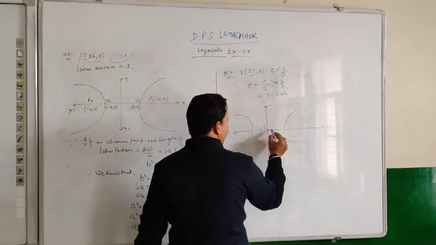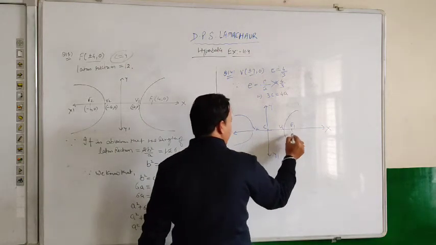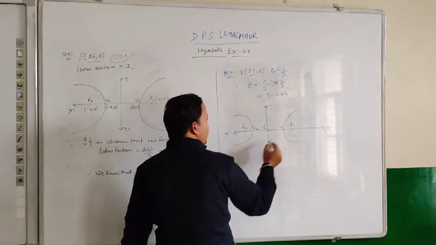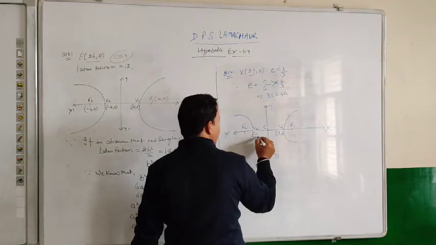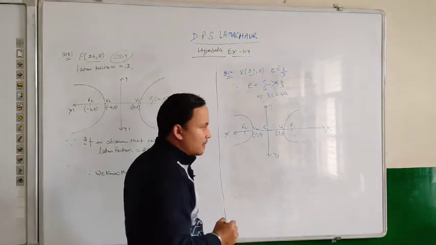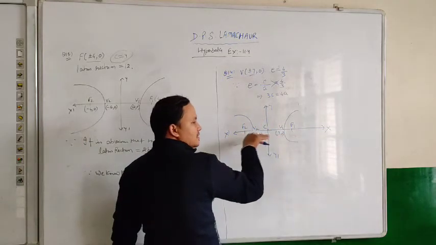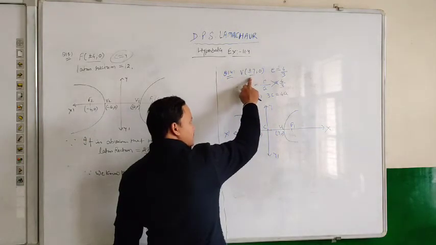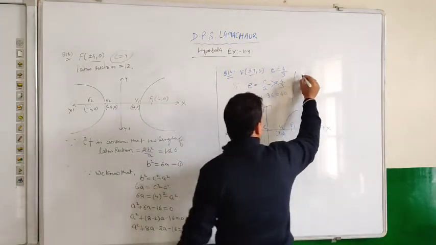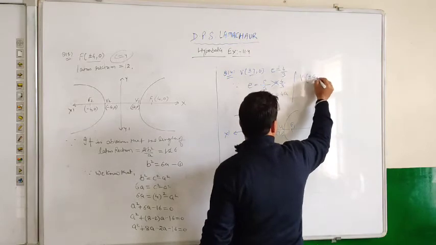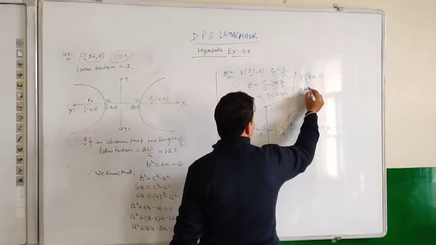This is the center, this is vertex v1 and this is vertex v2. This is focus f1 and this is focus f2. The coordinates of v1 and v2 are 7 comma 0 and minus 7 comma 0, and the coordinate of the focus we have to find. Since the transversal axis is along the x axis because the y coordinate has been given as 0, on comparing, vertices are basically plus minus a comma 0. So on comparing both we get the value of a is 7.